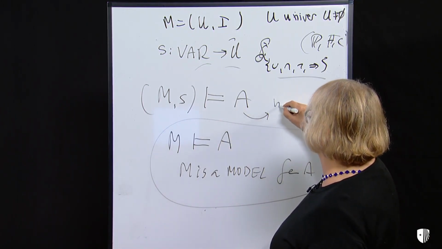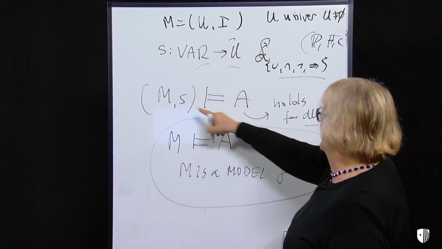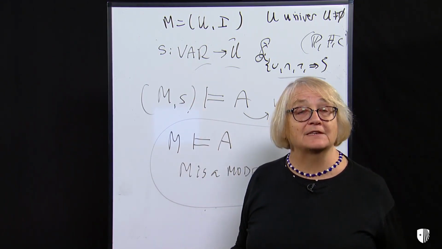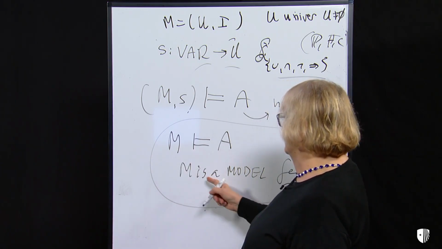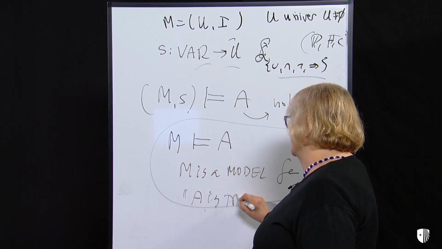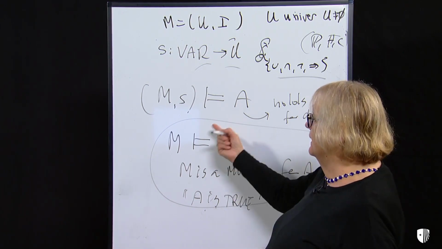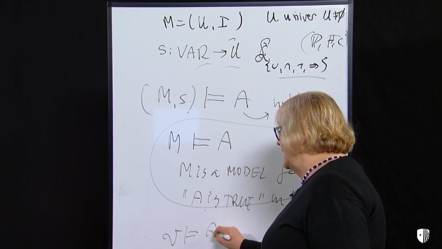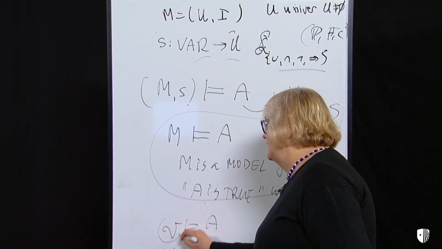That it holds for all S. So you skip this S and you say that M is a model of A. It's nice. And also you say A is true in M. Like we did in propositional logic,